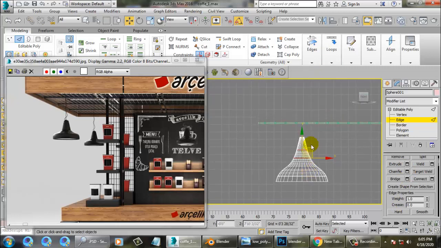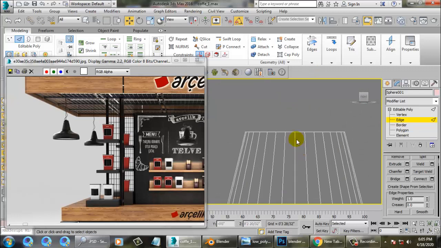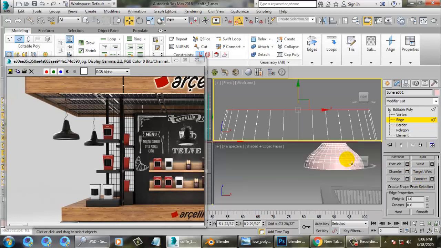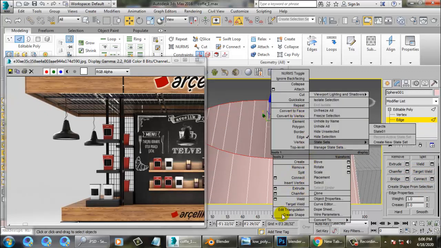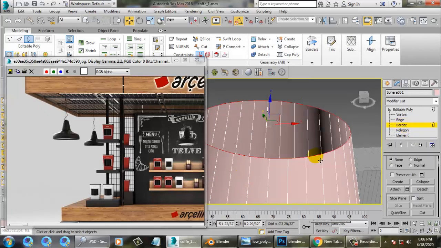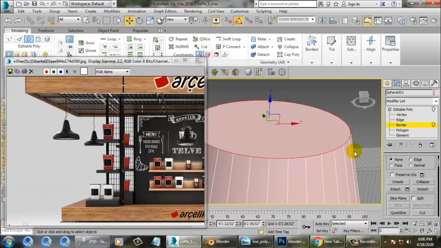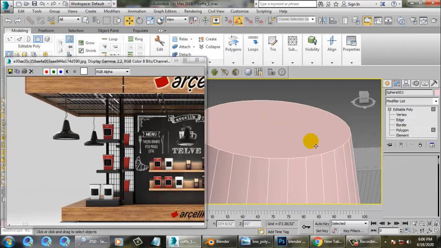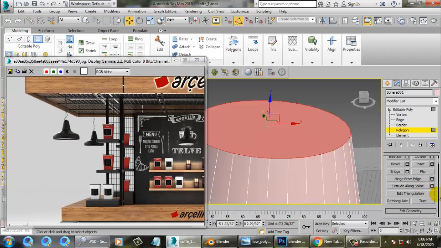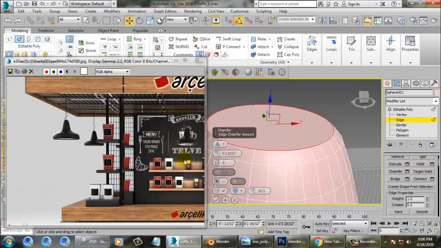That's it. Then right click and cap this: select the border and cap it. Select this face or polygon, control click on the edge and give a chamfer. Alright.